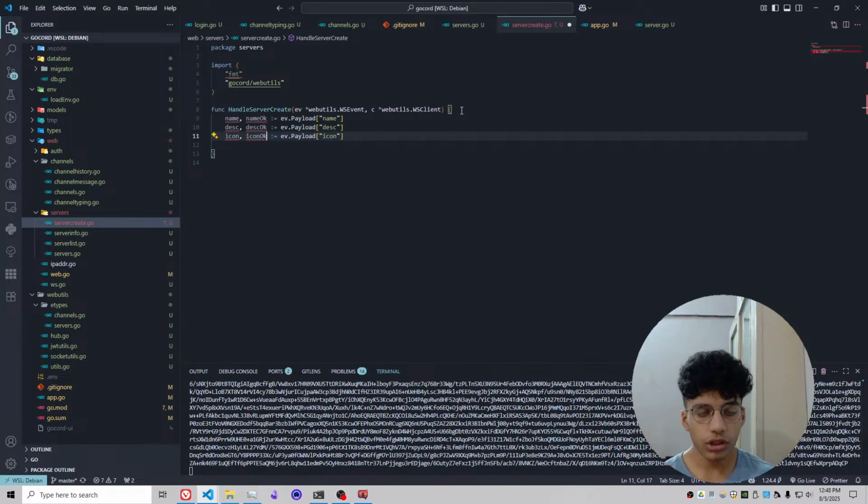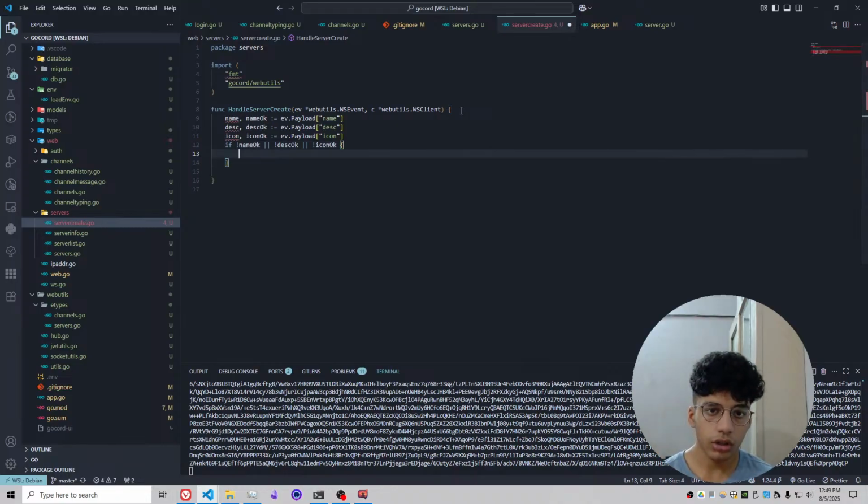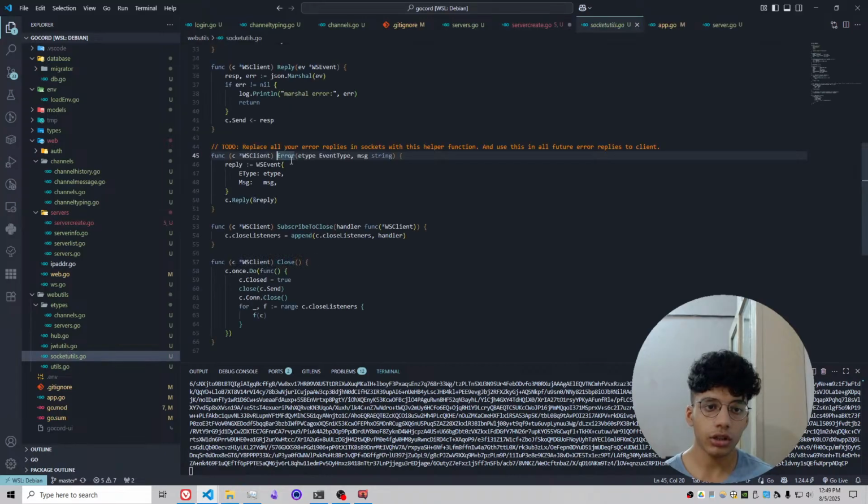And here I'm just using the comma OK idiom in Go. And the reason I'm declaring all of these together is so I can do this. If name is not okay, or description is not okay, or icon is not okay, then we're going to return an error. And the way we can do that is I have a helper function on the client over here,